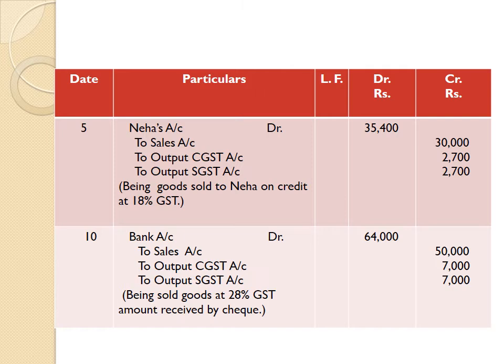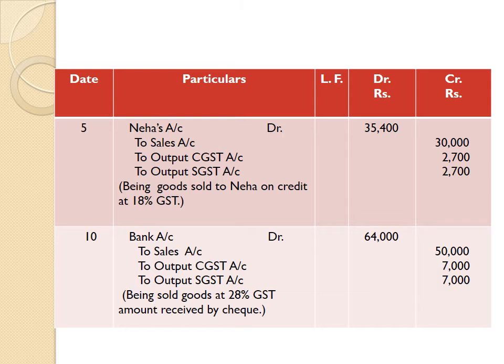One part carries 7,000, that is 7,000 of CGST, and 7,000 SGST. For the purpose of a sale transaction, we are considering the total of value of goods sold and GST, and that amount will be collected from the purchaser. So we sold the goods on cash.